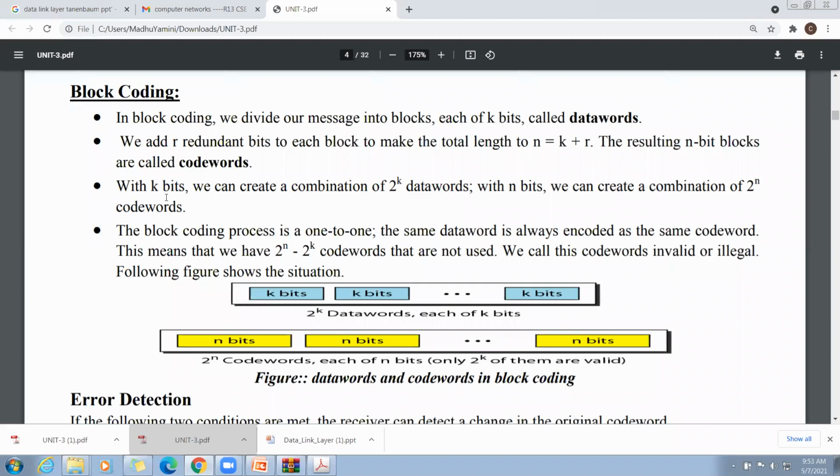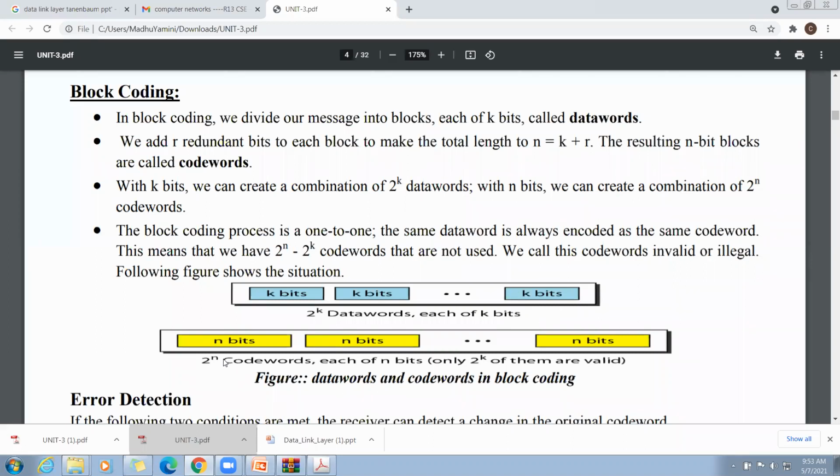With k bits, you can understand from the diagram easily. Here we are having 2 power k data words, each of k bits. A k-bit block we call a data word. That is the reason why 2 power k data words, each of size k bits.